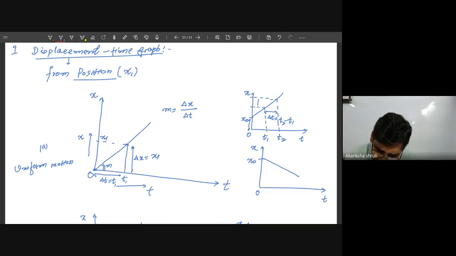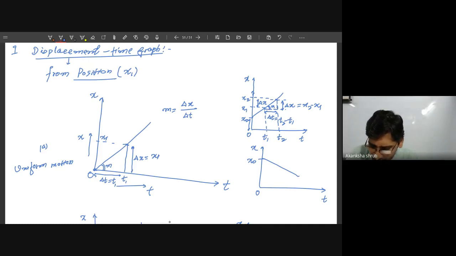And what is the position difference? So this is our x1 at t1 and this is our x2 at t2. So student, this position difference, the displacement, can be calculated by taking this as delta x. So this is denoted as delta x, and it is given by x2 minus x1. So in this case, the slope is this one. Student, this will represent the slope m.